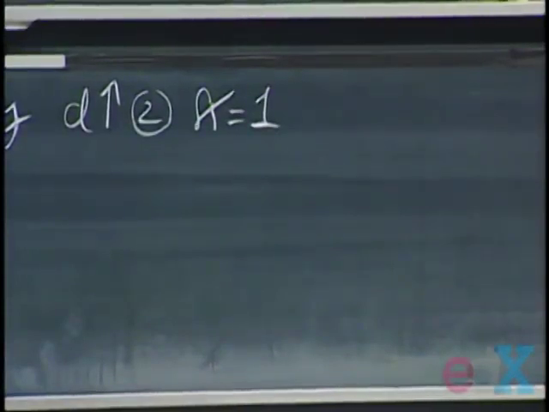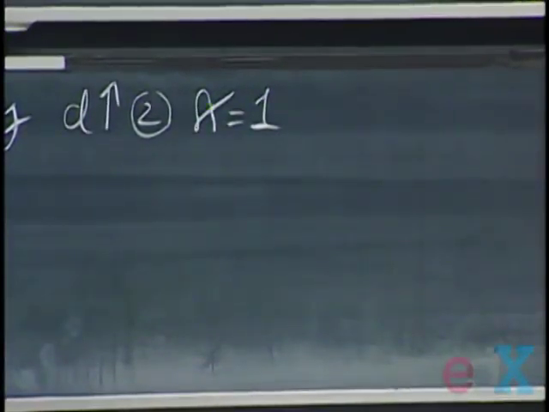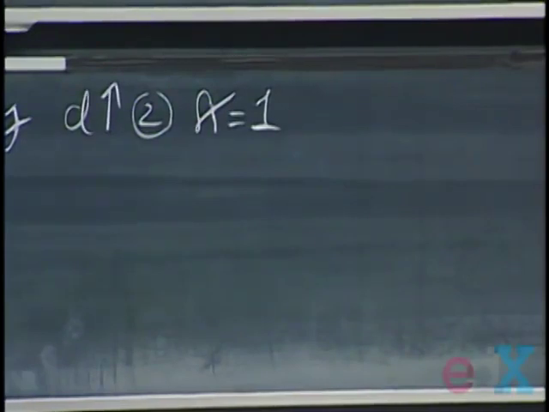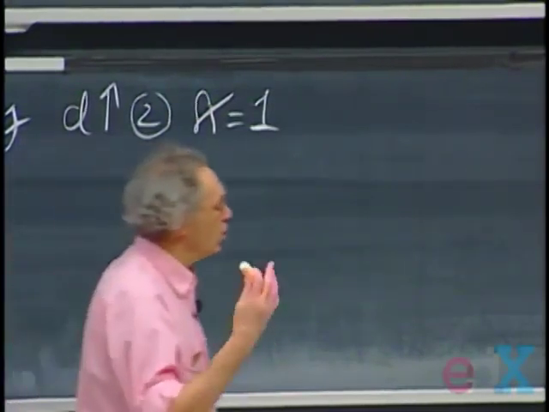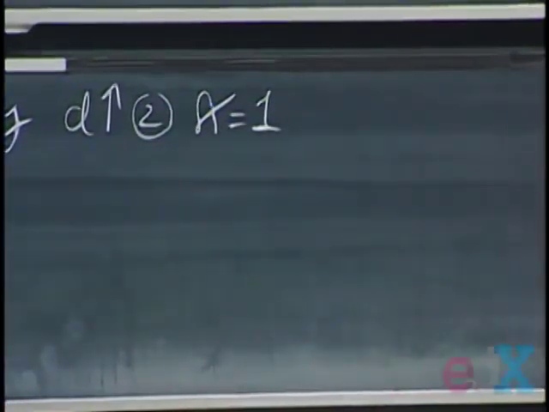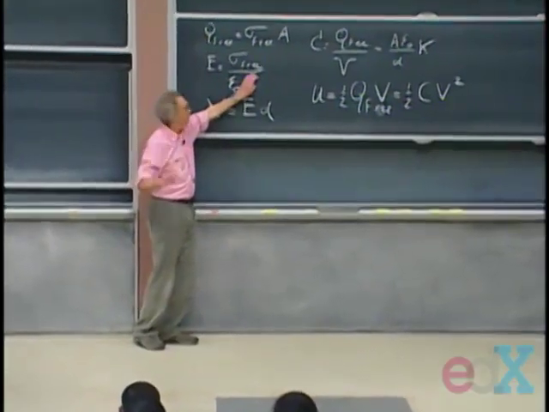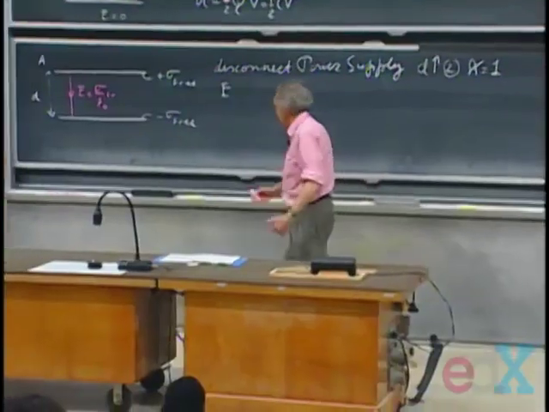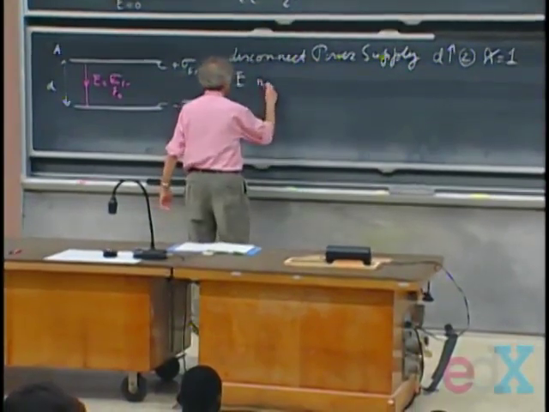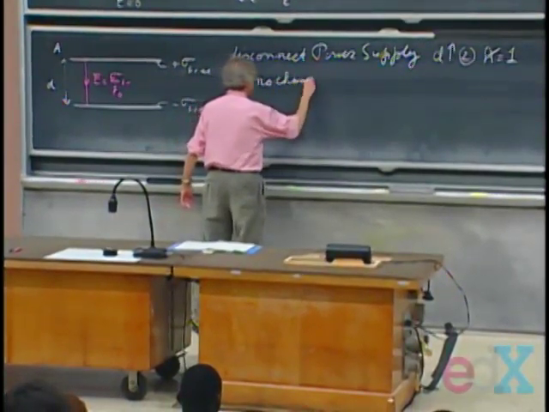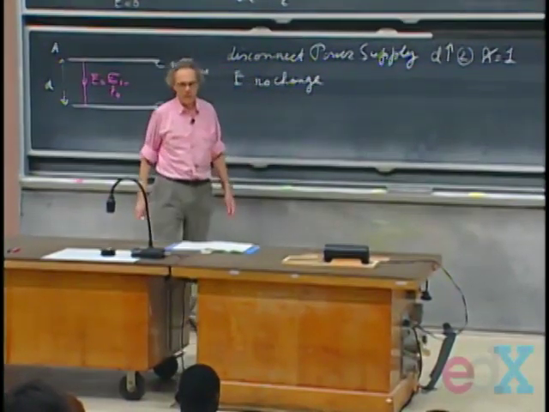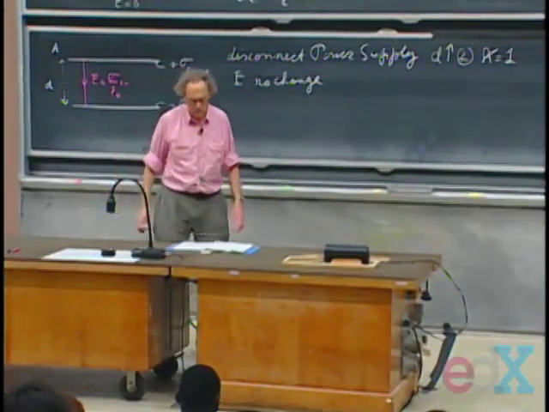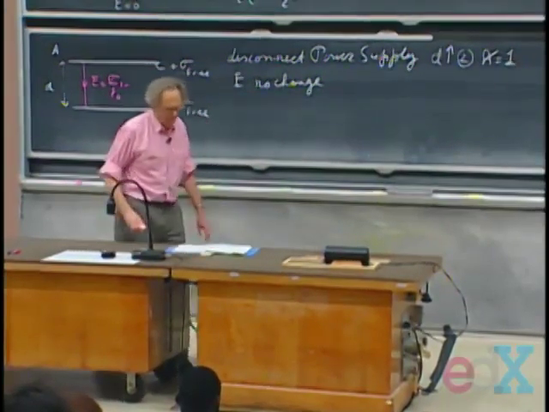What happened with the electric field? E cannot change, because sigma free cannot change. Kappa is 1, there's no kappa. And if this cannot change, this cannot change. So, as I move the plates apart, there is no change in the electric field. Non-intuitive as that may be for you. The electric field remains a constant.